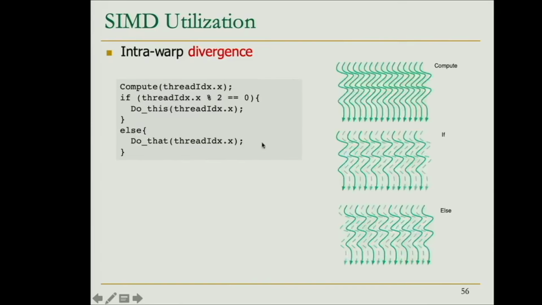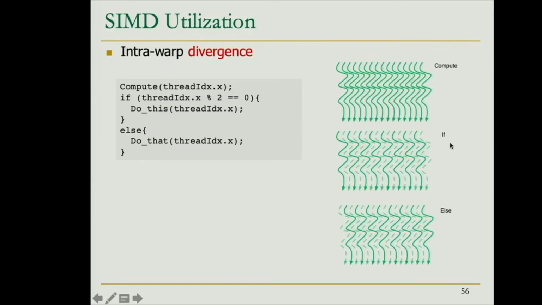This will be something like this in the execution. If I have warps with 32 threads, and these 32 threads are executing these compute instructions together, perfect, 100% utilization,